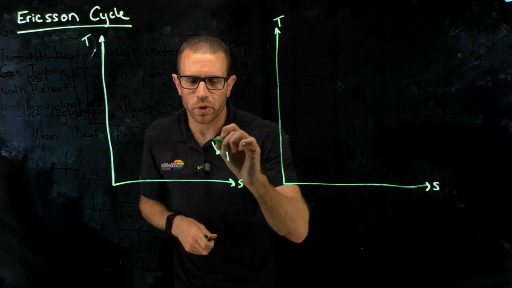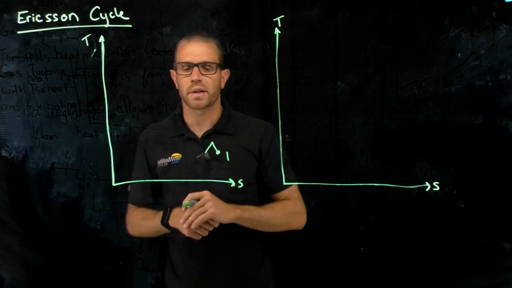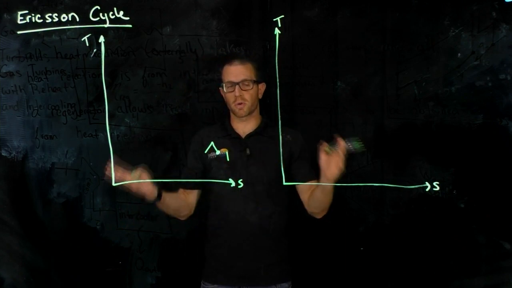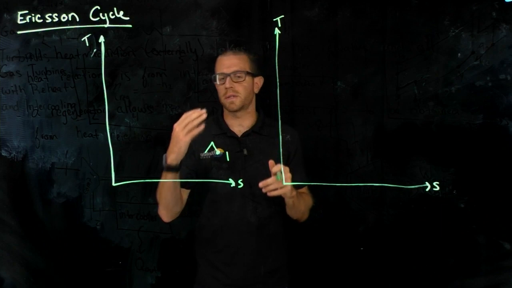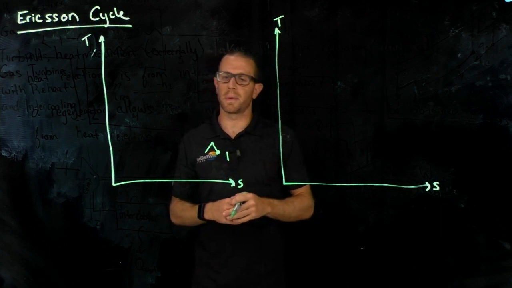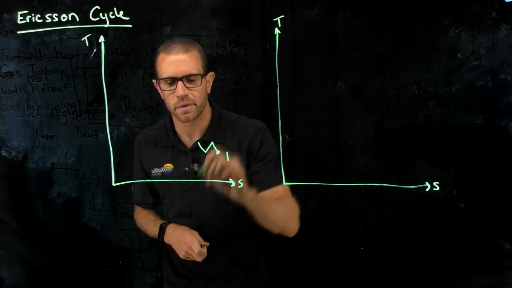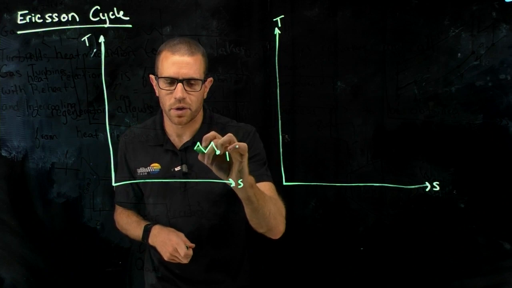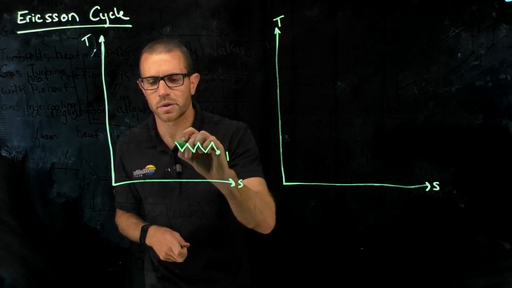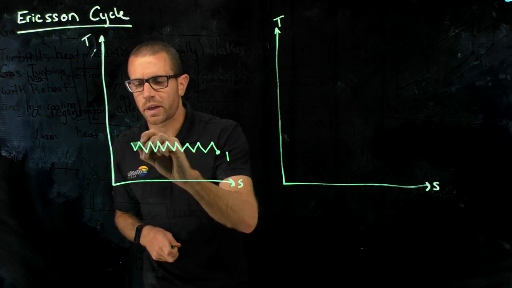Now I'm going to go through an intercooler and get back down to the temperature I started. Right? And of course, by cooling that at a constant pressure, I have only decreased my entropy a little bit more. So then I'm going to go through a compressor again, and another intercooler, and another compressor, and another intercooler, and so on and so forth, until I get to